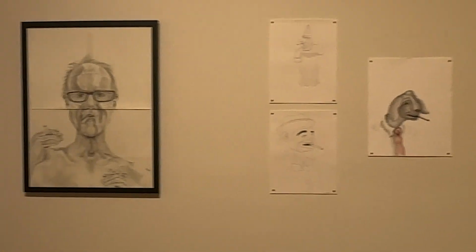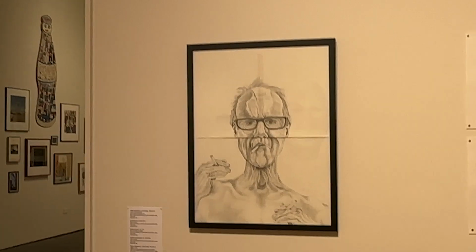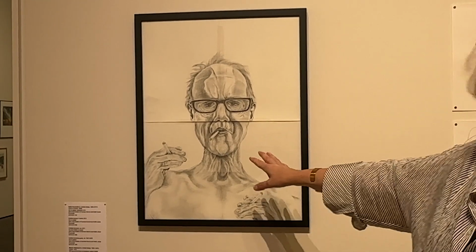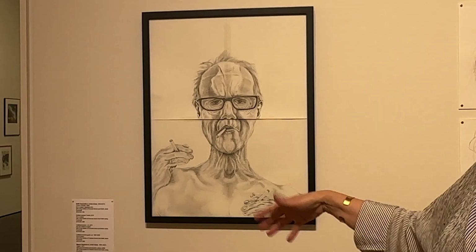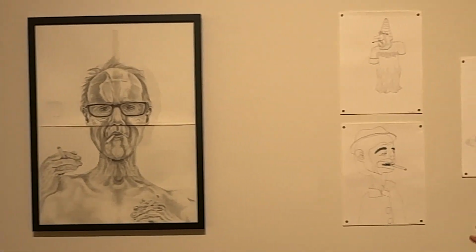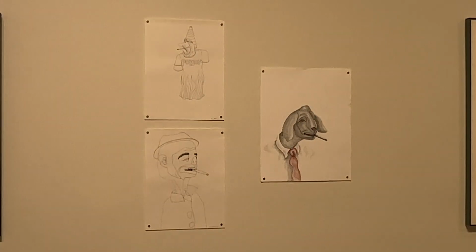This is a drawing he did, I believe he was on a trip in Hawaii. And it's 4 sheets of paper. It's called Once a Smoker. The idea, once a smoker, always a smoker, even when you quit. And he had quit probably in the 80s, late 80s. And then in